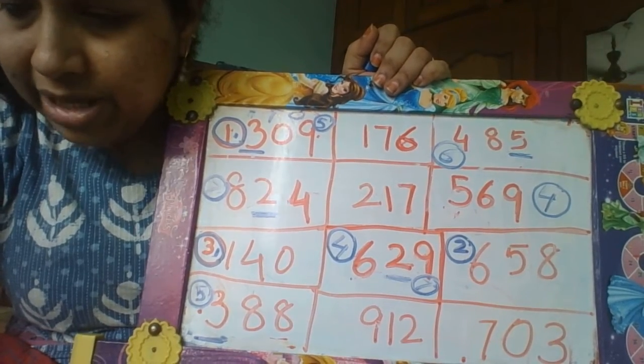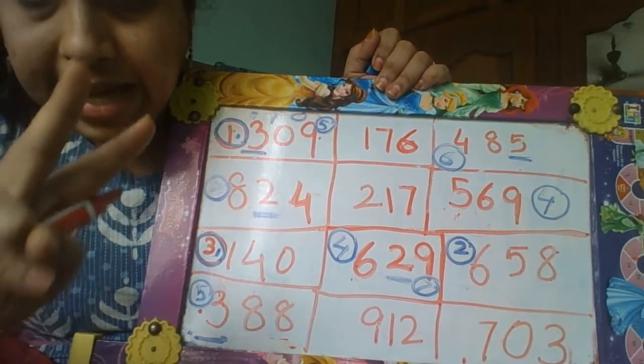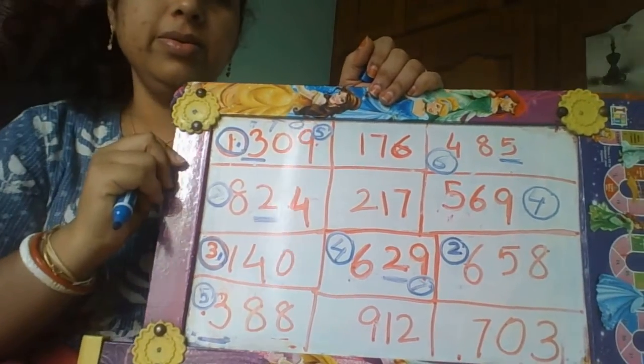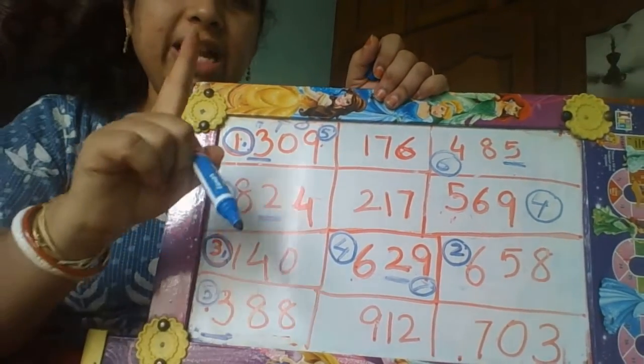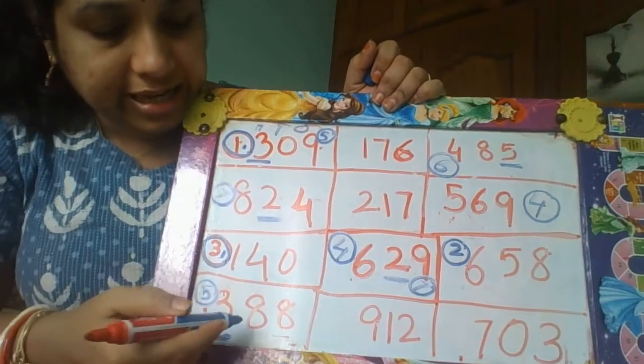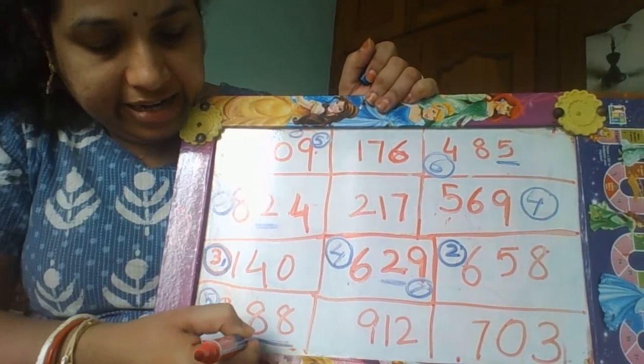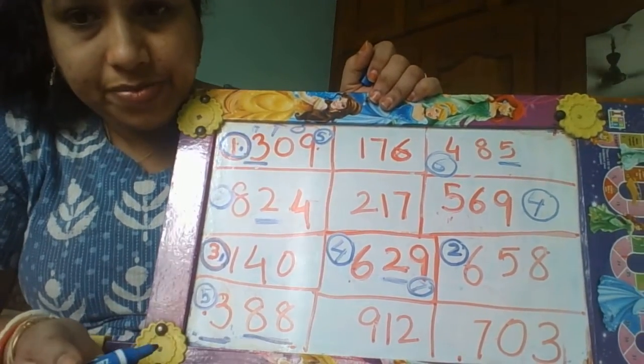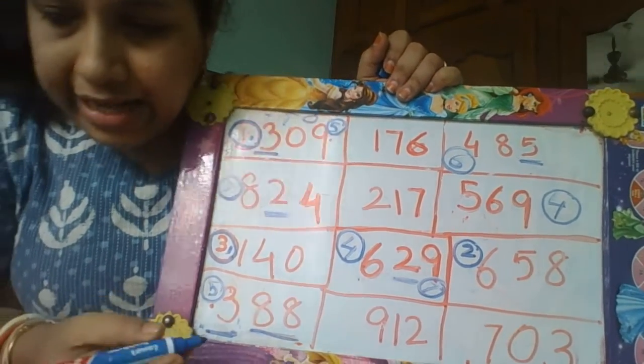Next is a number that has 2 digits the same. It is clear, children? Only one number has 2 same digits. It is 388. So that is the 8th one.